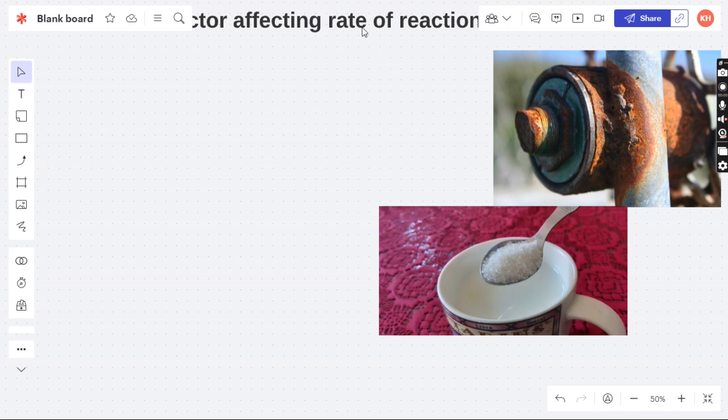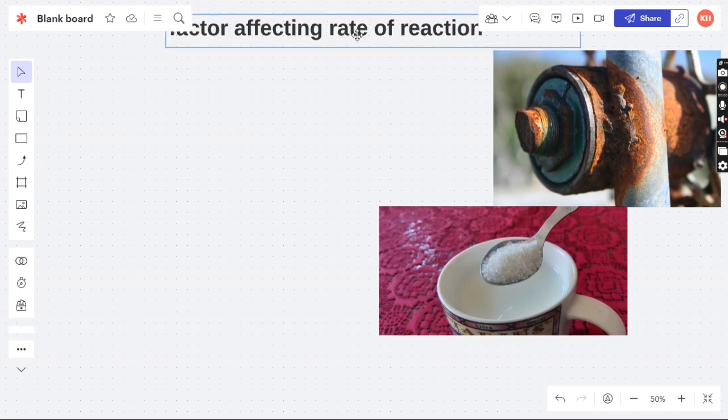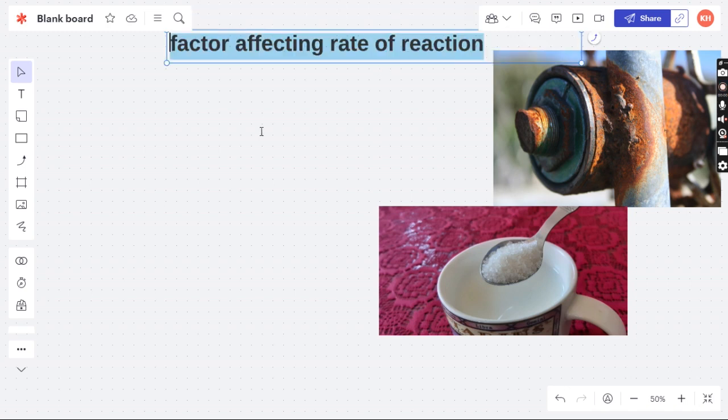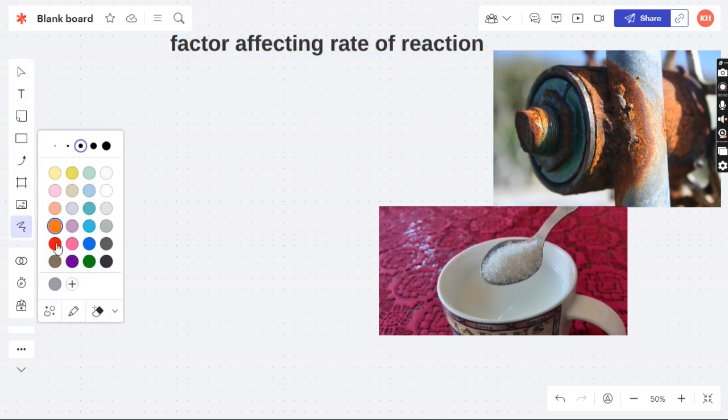Okay, so today I'm going to talk about the factors affecting the rate of reaction. There are certain factors that affect the rate of reaction. Basically, if we talk about the main factors that affect the reaction, there are only two. I'm going to write them here. The first is temperature, and the second one is